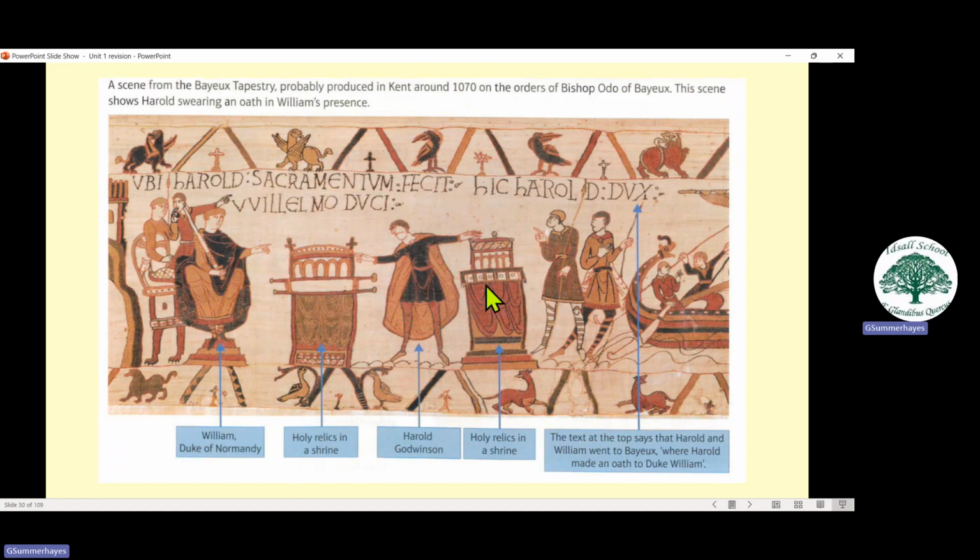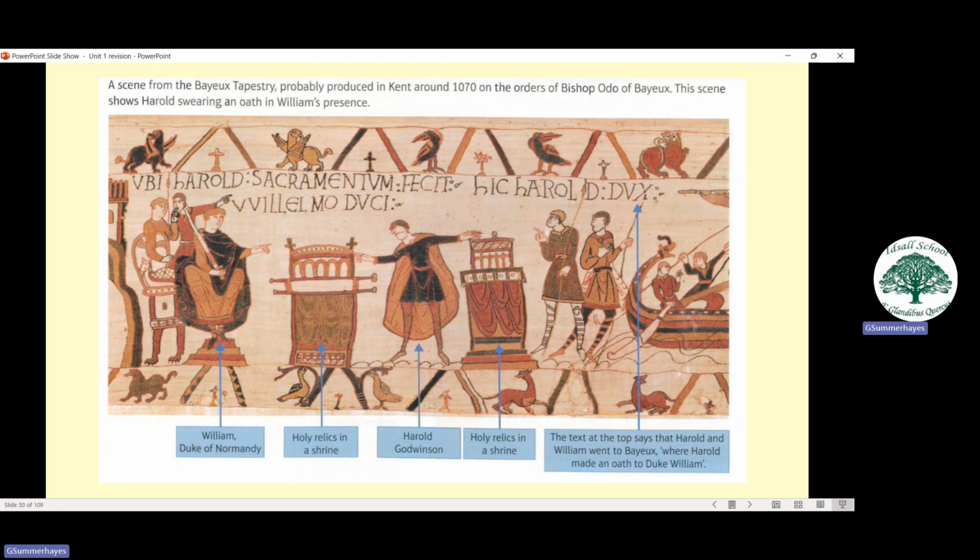So he may have even knighted Harold after he saved some of William's men from drowning. Anyway, the last thing he did before he let him go is he thought, aha, I have this man who's the strongest earl and the second most powerful man in England. He is potentially going to take over from Edward when Edward dies, but I want to take over from Edward. So what if I get him to say that he's not going to take over from Edward and I can take over from Edward? Then I can take over from Edward and he won't take over from Edward. How can I do that?